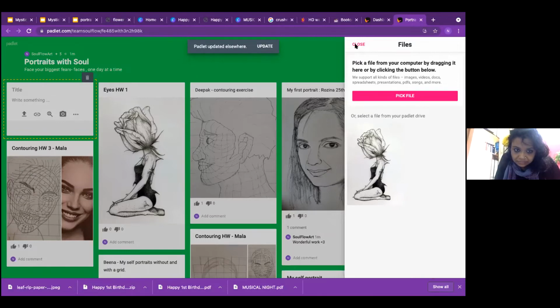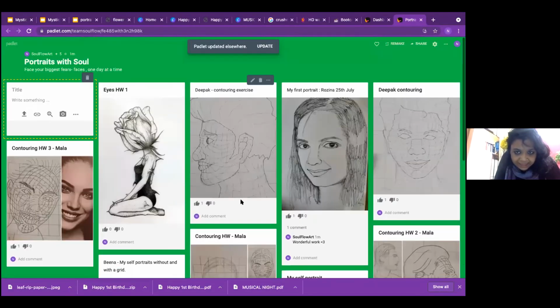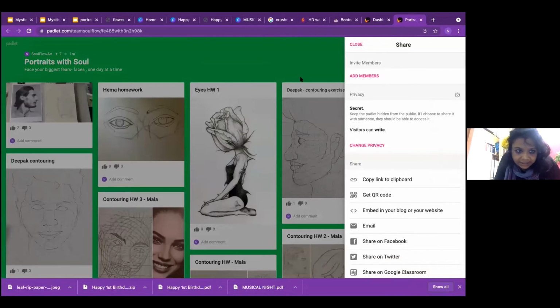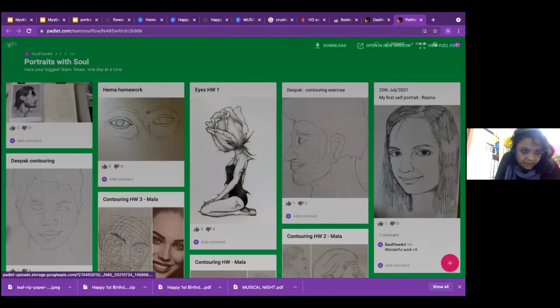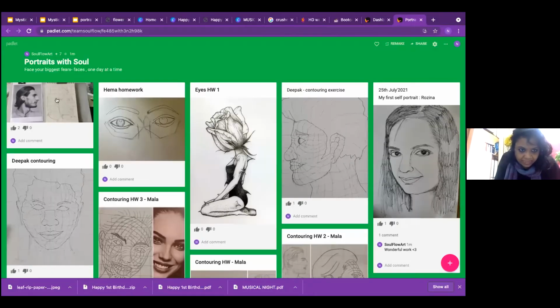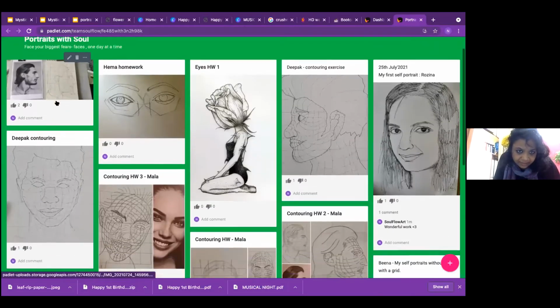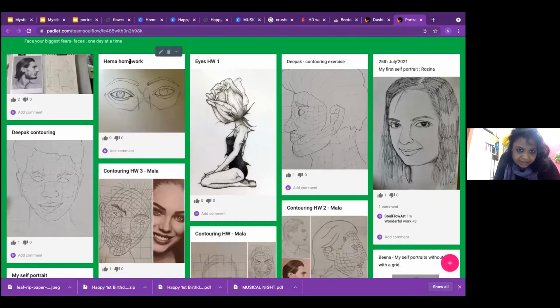How do I add to the same folder? This folder, you have access to this folder, right? This link that I shared with you. Yeah, I just posted one. Just check. Yes, I got it. This one, right? This one is yours. Yeah. See on the screen. How do I add more to it? Not this. This is not yours? No, not mine. I just put it now. Hema homework. Hema homework is here. Here, I can see it.